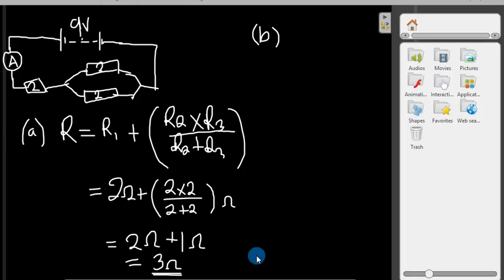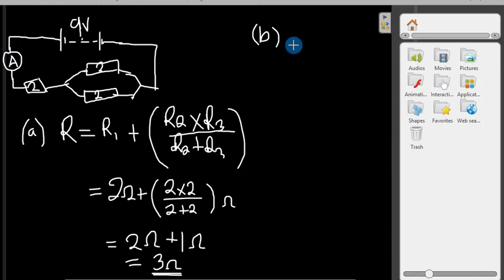We know that an ammeter reads current, and from where it is positioned you can see that it will read the total current, because current will come from the battery through the positive terminal and pass through the ammeter before it flows through any one of these components. Even if this ammeter was connected here or here, it would still read the total current. But if it is connected here, it is reading the current only through this arm, or through this path. So from where the ammeter is connected, it is reading the total current.